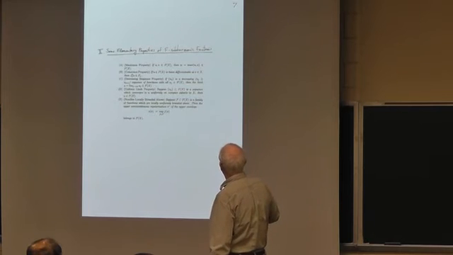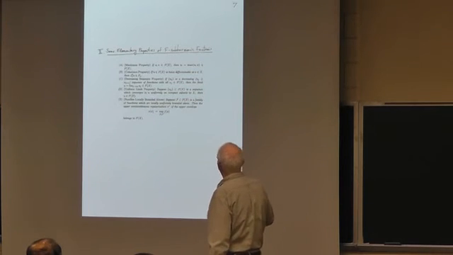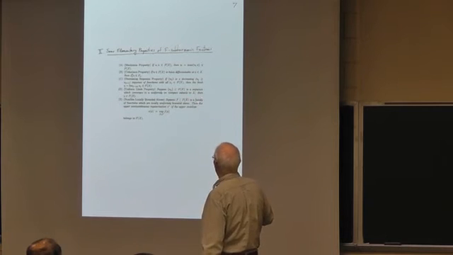And then here's the one that's really important for the Perron process. If you have any family,